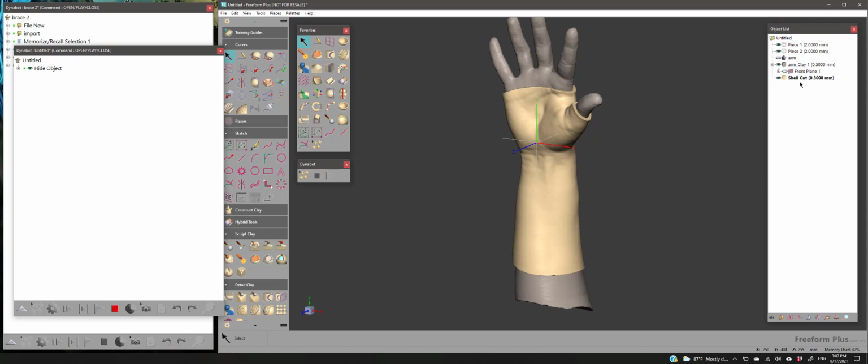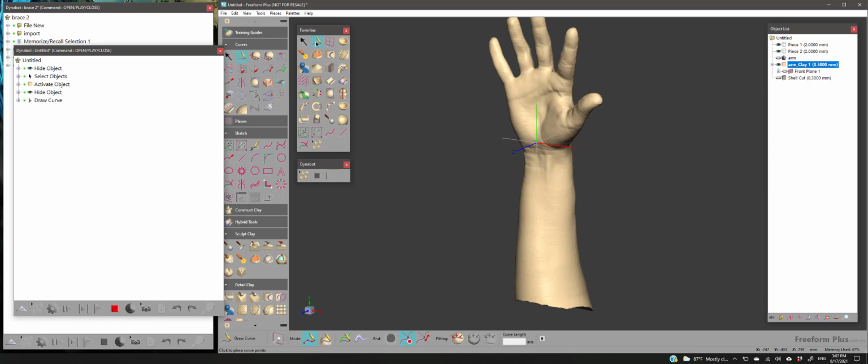And then we already have in our code that this is going to be active, but I'm going to activate it right now and you'll see here activate object. We'll just delete that out later. And then we'll go ahead and hide the shell cut. And then we'll come over here to draw curve. And with draw curve,